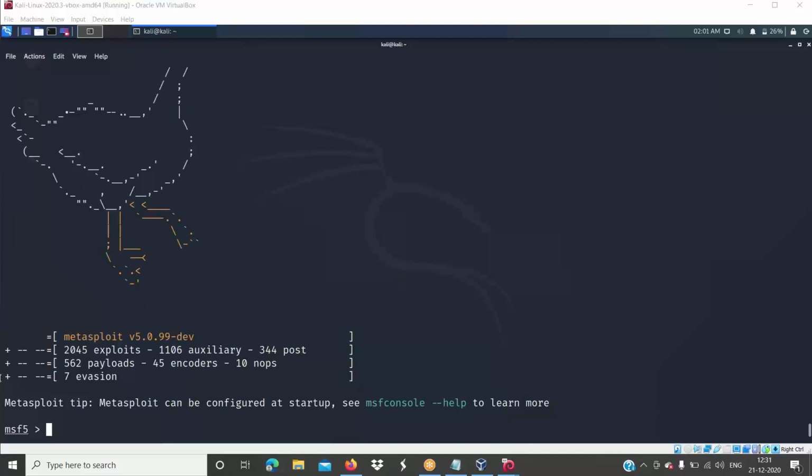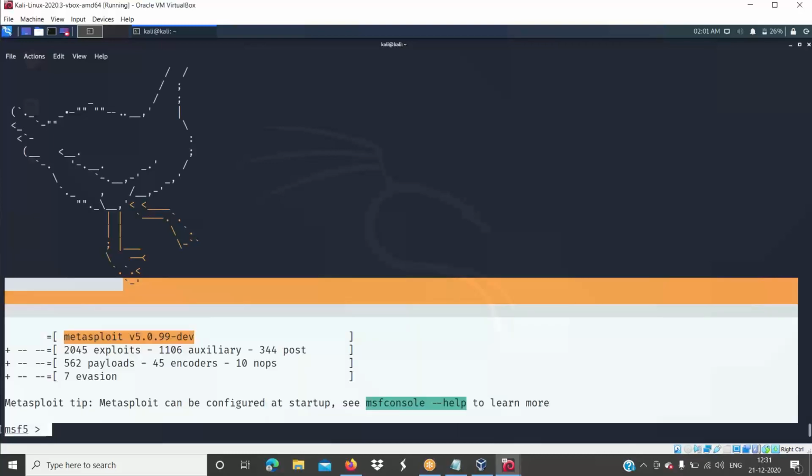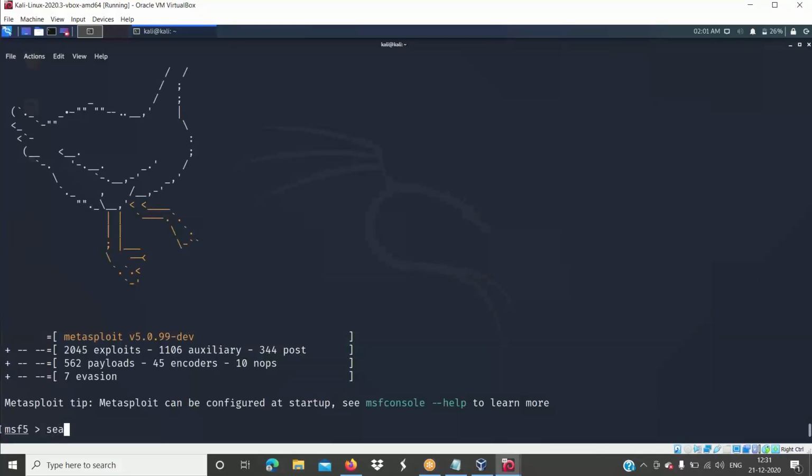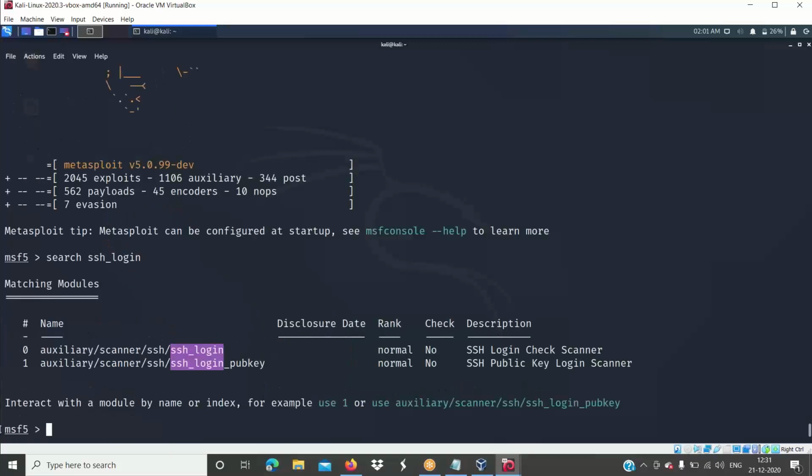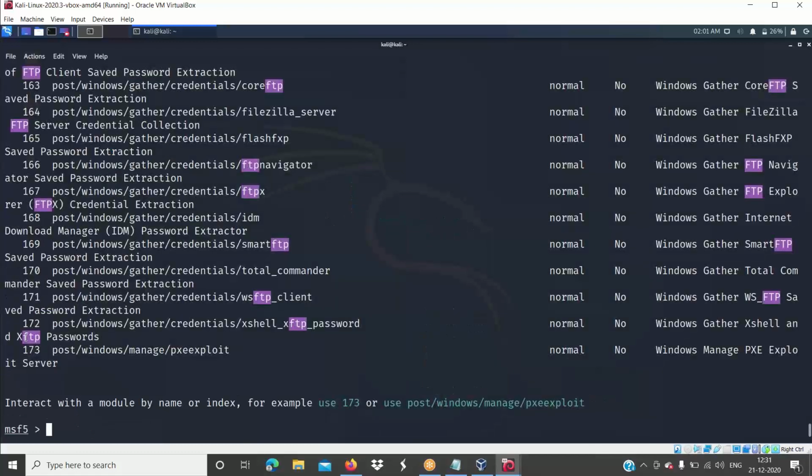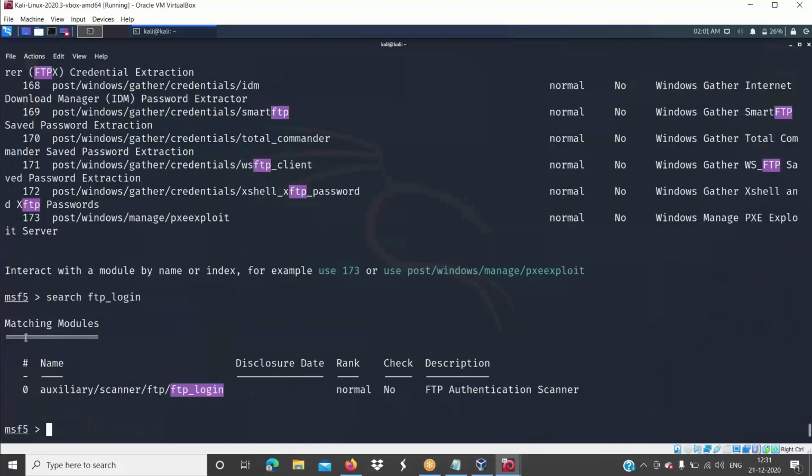So here we have the MSF console. Inside the MSF console, you can search for ssh_login. There is an auxiliary called ssh_login. Similarly, you can search for FTP scripts, maybe with ftp_login.